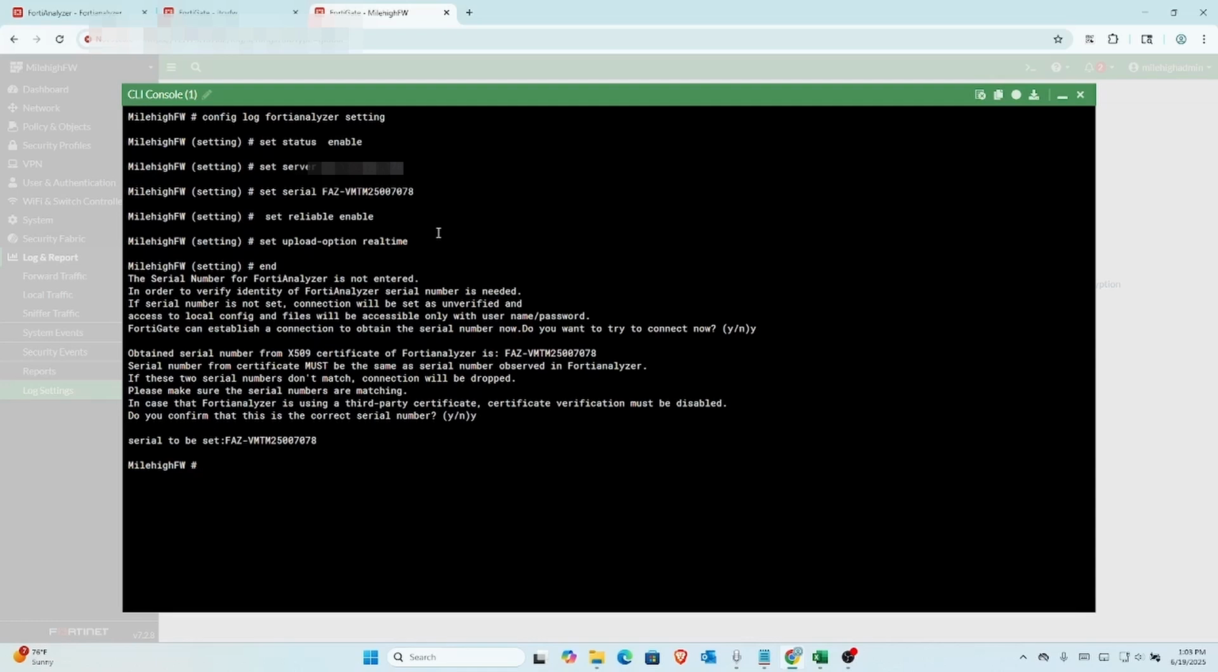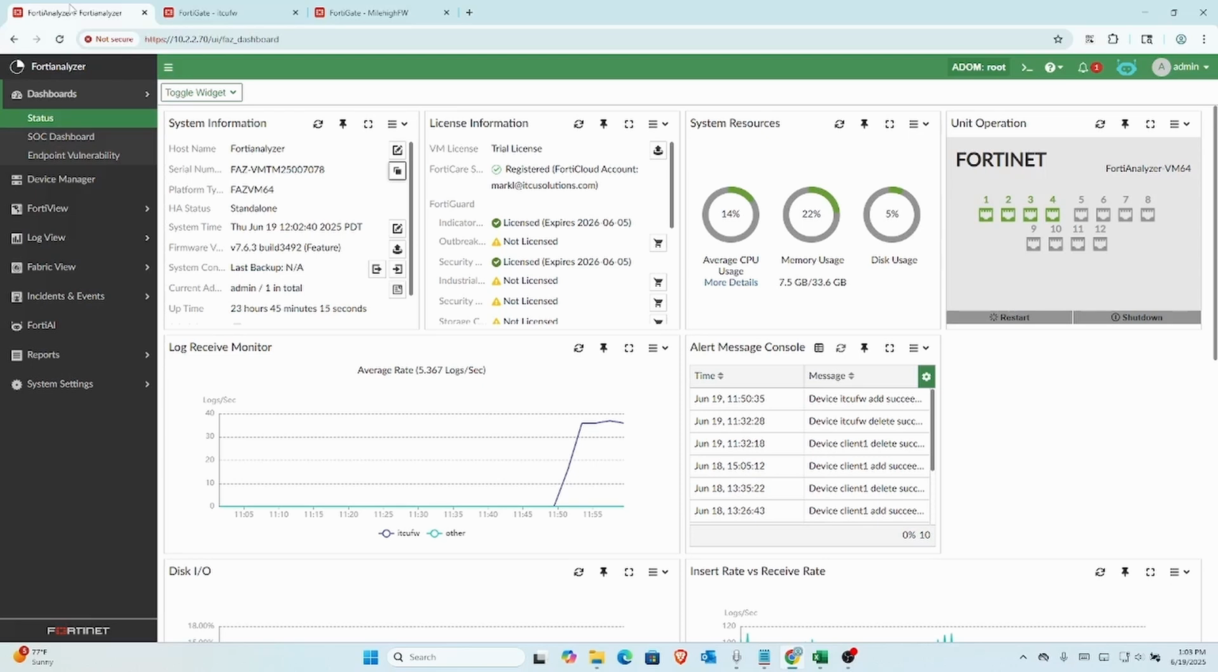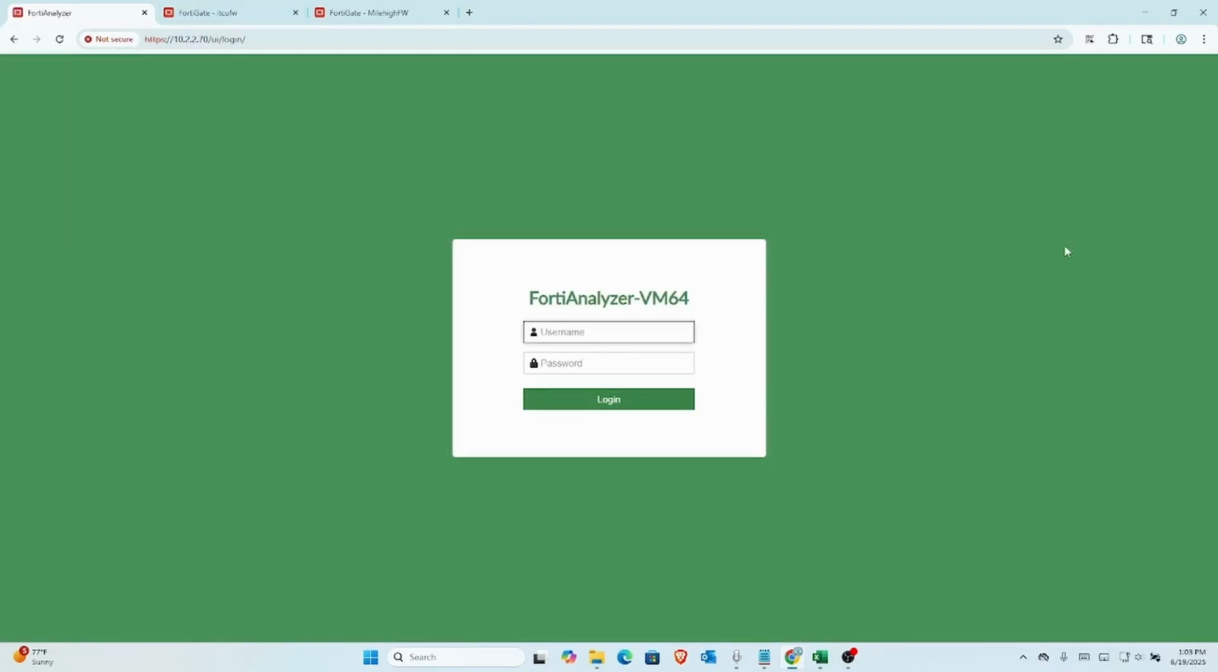Okay, so this is effectively what we did when we authorized the other side. We just manually authorized it by saying, yes, that's the correct serial number. Okay, so now what I need to do though is I still need to go into my FortiAnalyzer and I need to add this device. Instead of doing it from here, I'm just going to log out of admin, and I'm going to log back in as user,